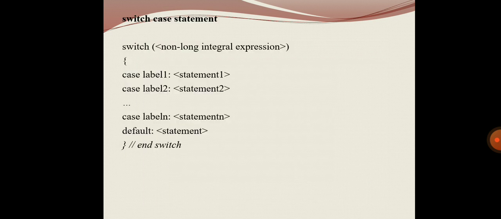Next, the switch case statement. The switch case statement is also called a multi-way branching statement with several choices. A switch statement is easier to implement than a series of if-else statements. The switch statement begins with a keyword followed by an expression that equates to an integral value. After the controlling expression, there is a code block that contains zero or more labeled cases. Each label must equate to an integer constant and must be unique.